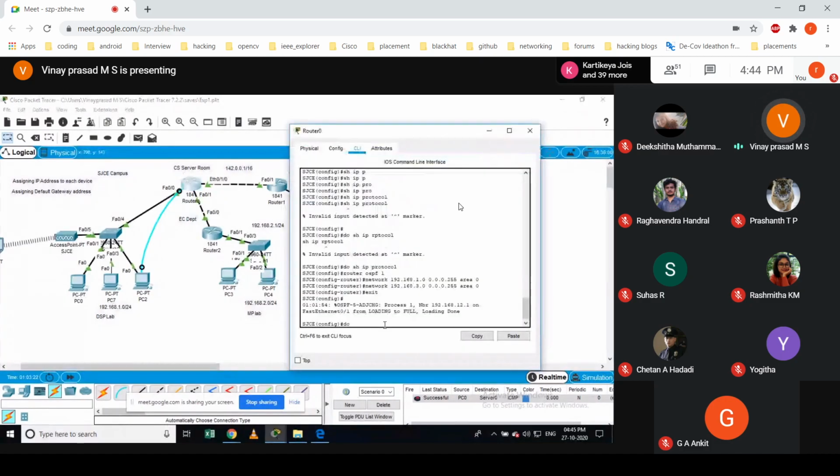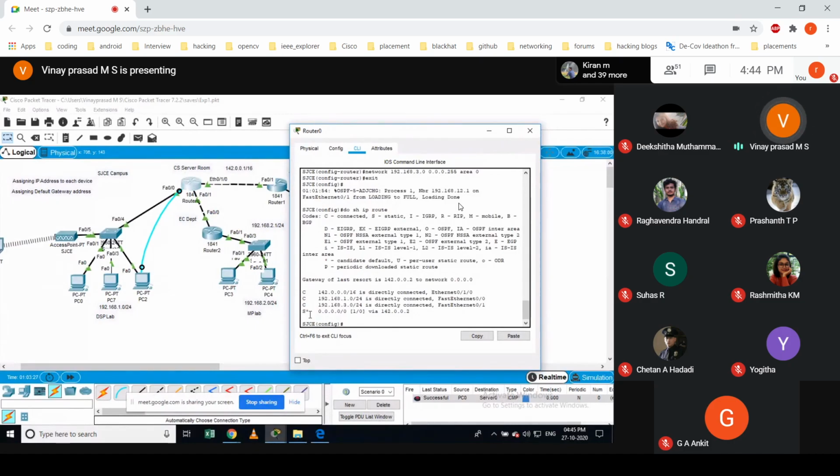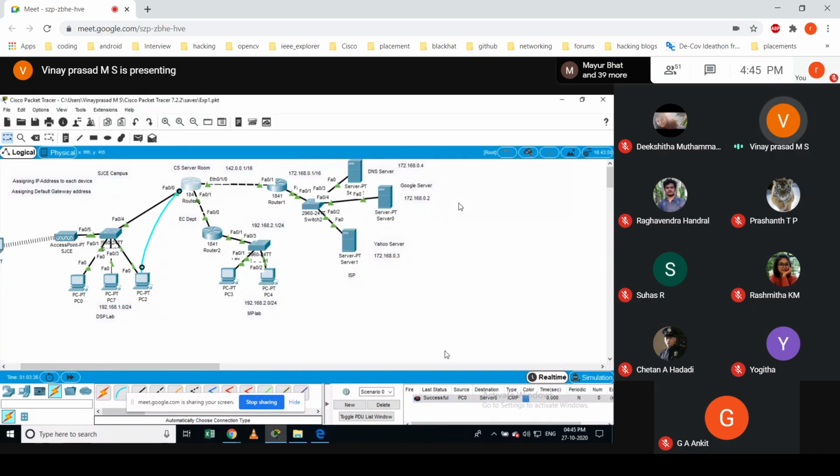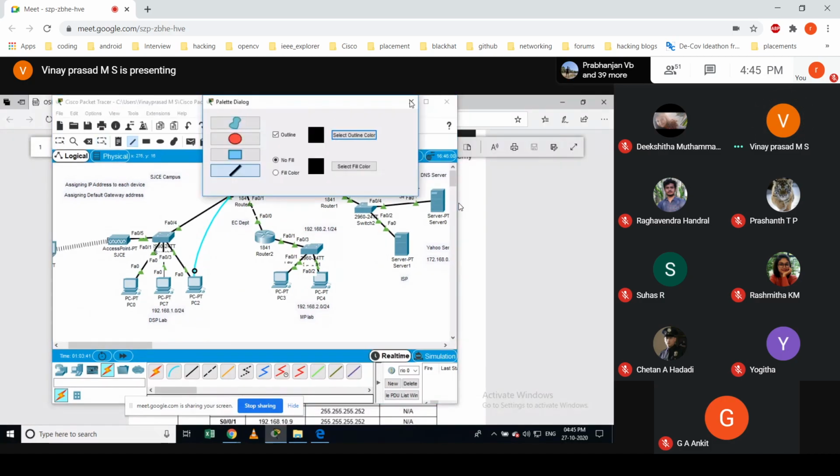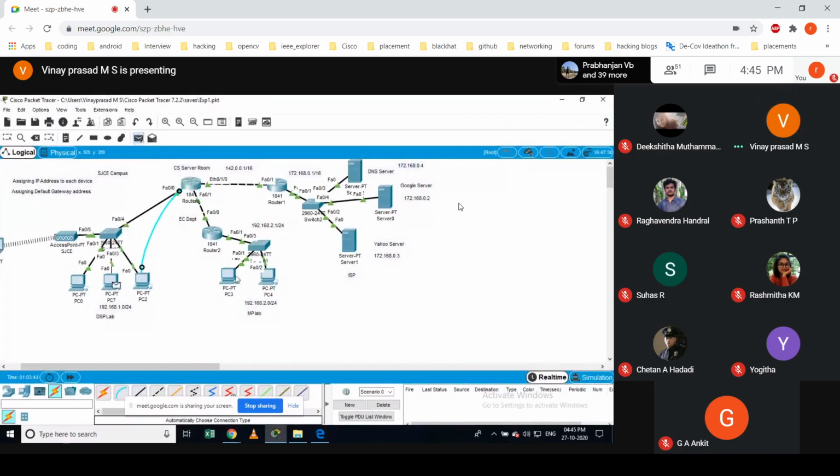Okay, do show ip route. We will still be able to see this default routing, which I've done in the previous lab. Okay, so you see, and if you check this connectivity, this reachability, you just create an event and check this and this. First time it will fail, and next time if you do it, it will be successful.